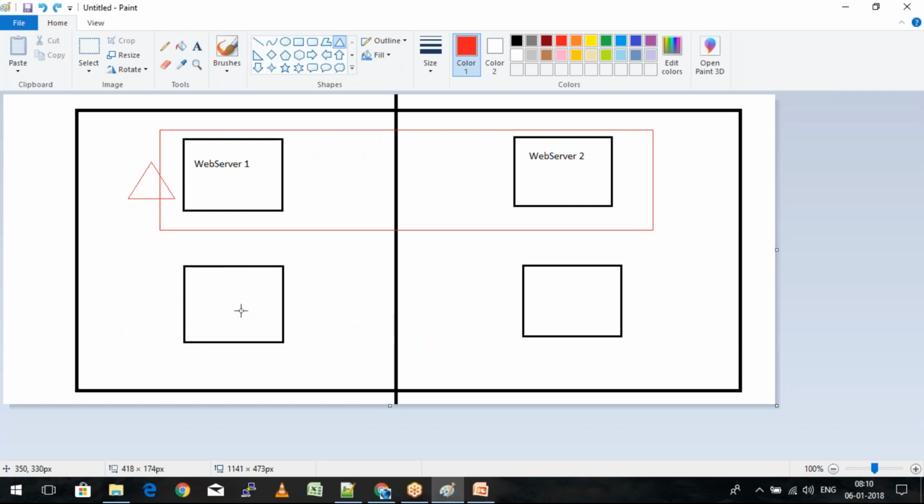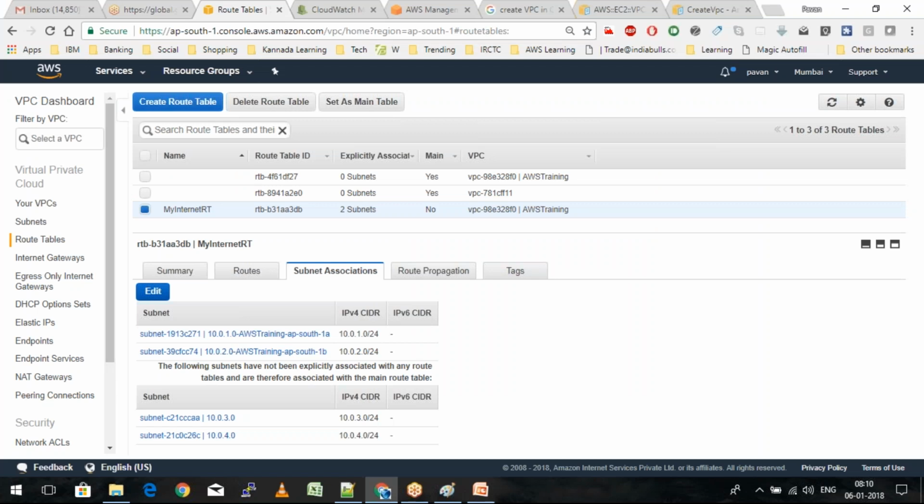These are both 10.0.3.0 and 4.0, right? So I will have a database which is hosted in both of them. So even if one of them goes down, my database will still be on. Now, even if one of the web servers goes down, I still have the other one switched on. So that is how I basically create highly available architectures.